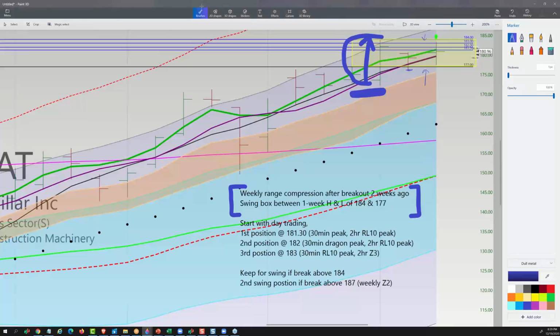I like the fact that it was a slightly higher low on the weeklies. That's kind of what I pay the most attention to, is that these kind of upward moves are what keeps the trend alive for me. I like the higher highs, but the higher lows is really an indication of where the buyers get the first act of courage. Let's think of it in that way. The low of the week, when the guy started buying there and he put the bottom in, that was the first act of courage. So that's the most important one,